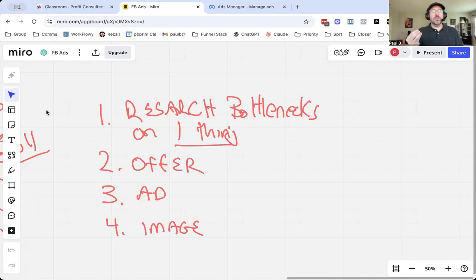Well, to do this, you have to focus on the one thing. So what's the one thing? Are you doing missed calls? Are you doing speed to lead? Are you doing reduction of no-shows? Are you doing CRM? Are you doing tying in a bunch of separate siloed systems under one roof? Whatever the thing is you're doing, you want to do the research on how that thing causes problems in a